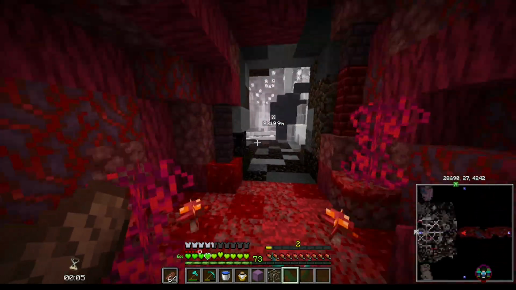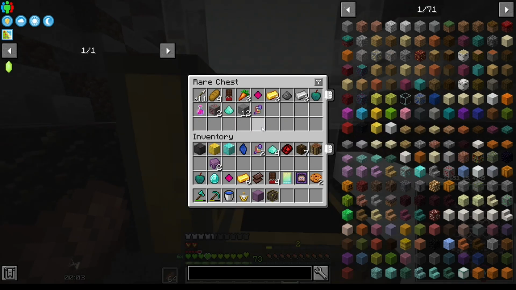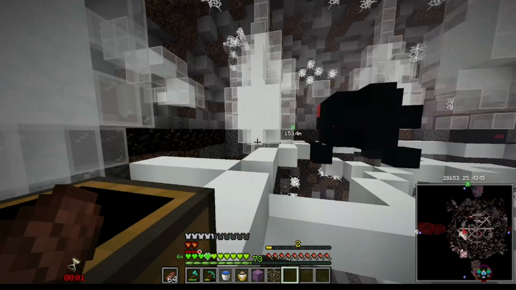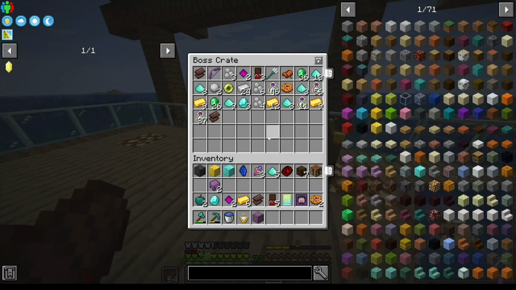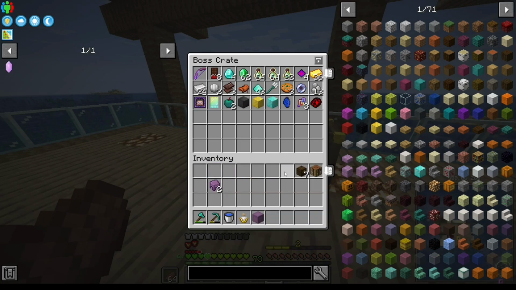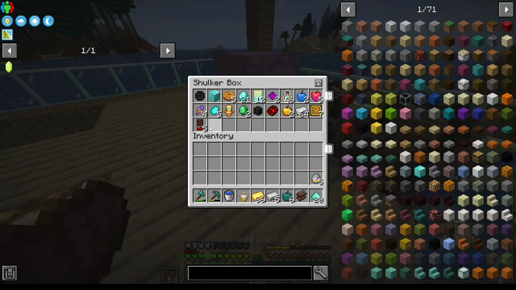Although, if we can, I do want to come over here. 4 seconds left. Get ourselves that stuff. Get onto the ground. And in that guy, we ended up getting... We got a trident from that guy, which is pretty good. A bunch of really good stuff as well, including shulker box full of loot,